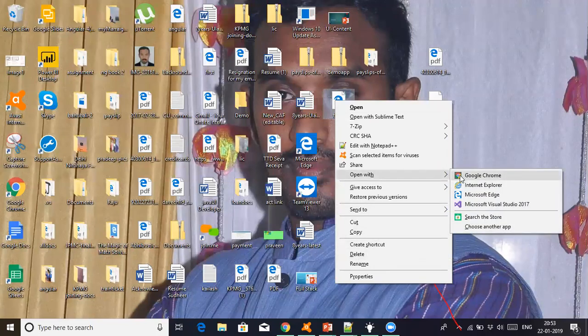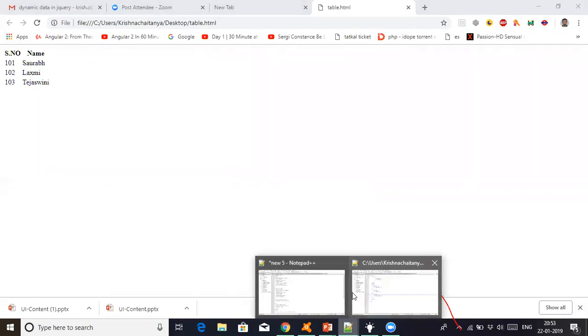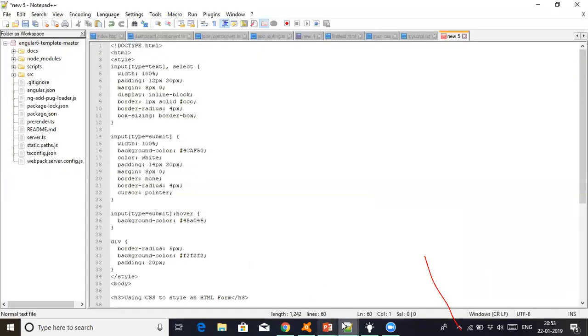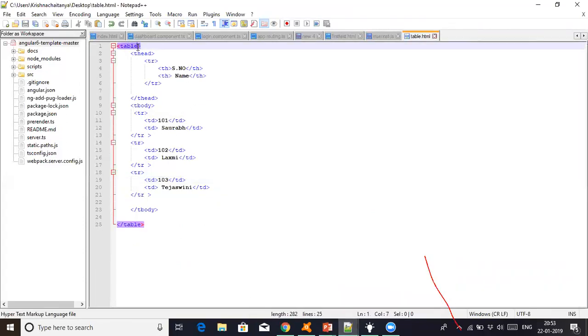Open with Chrome. Okay, it came, right, a table. But if we have some properties, suppose you want to show border and all. So table has some property called border. You know that? Border equal to,